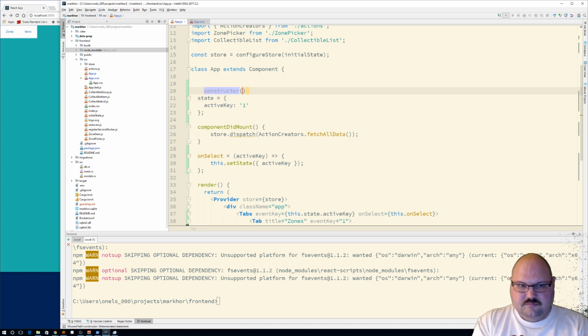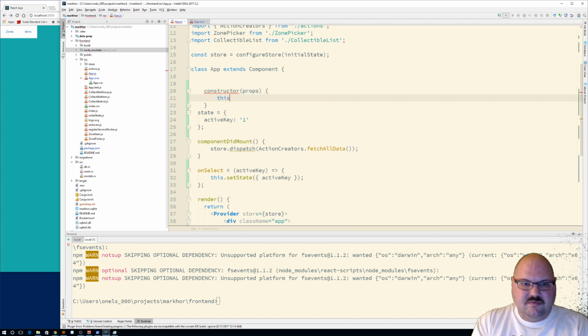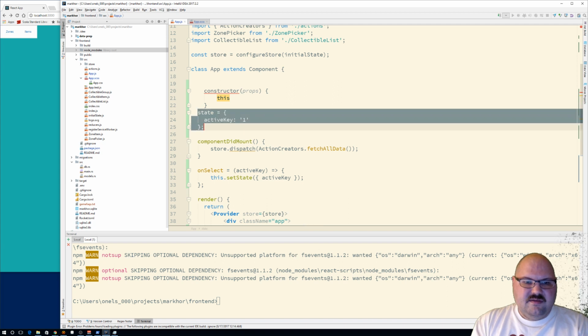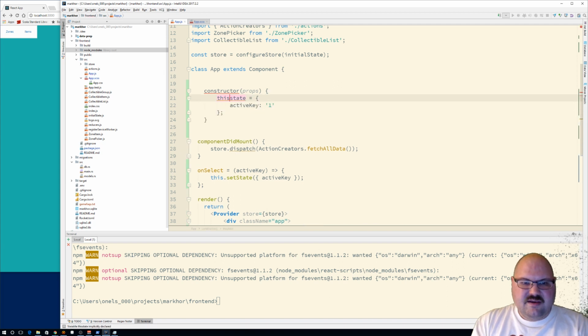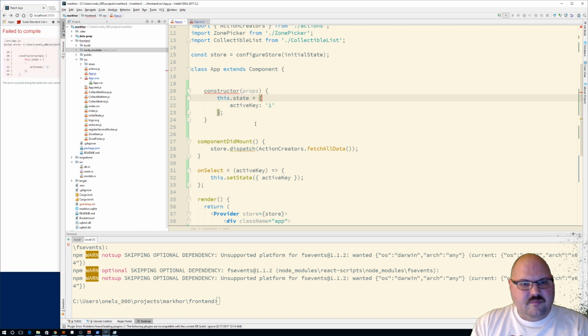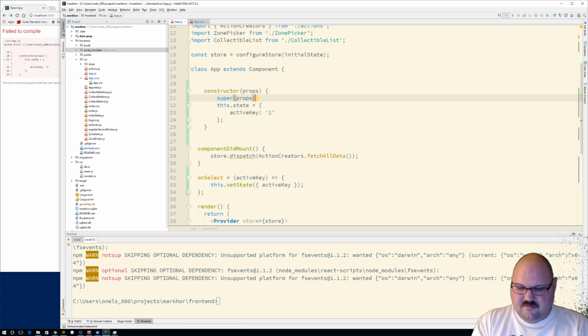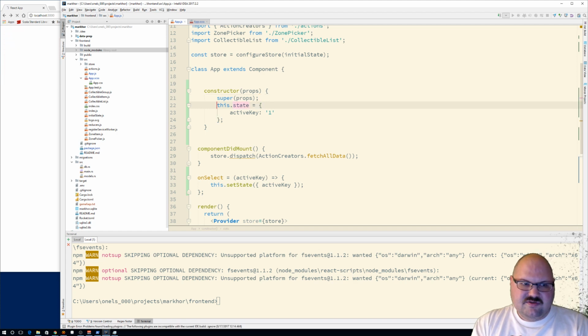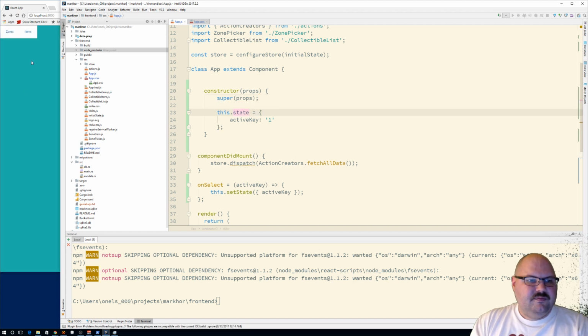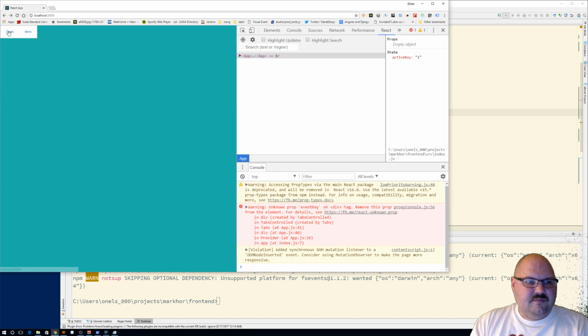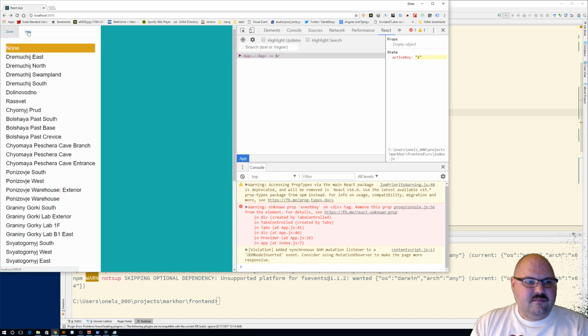So I'm going to go with my hunch and say that the initial state isn't being set correctly. So when you're doing class constructors like this, I guess you have to call super before you can touch this. So that's still not doing what I wanted, but